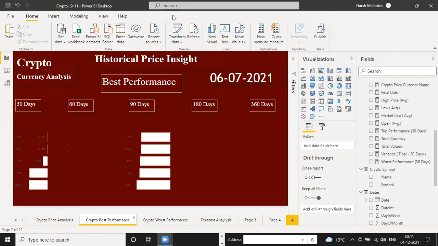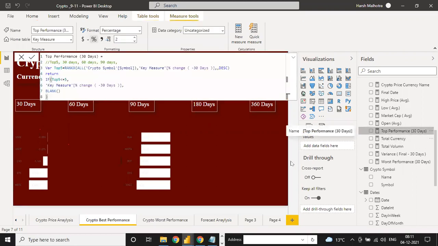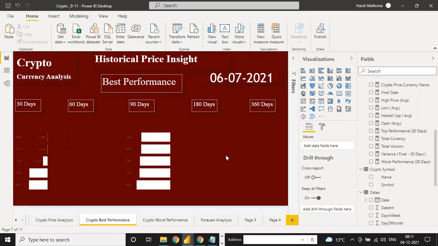Naresh, Suresh, Abhishek? No, sir. Okay. So this is your homework for 60, 90, 180 or 360, that you have to evaluate. Otherwise, I will clear your doubt tomorrow, and I will share that file to you.